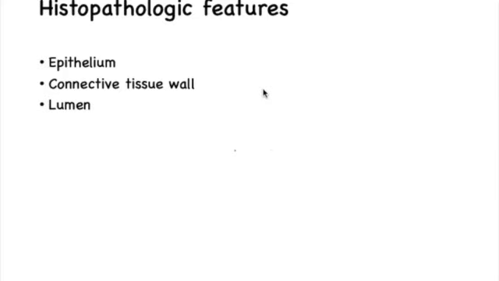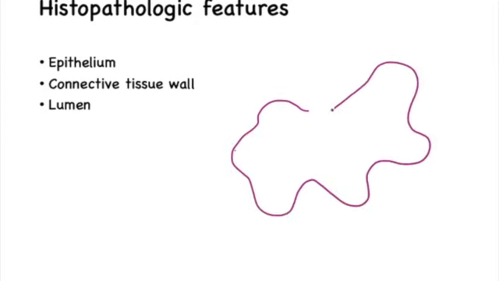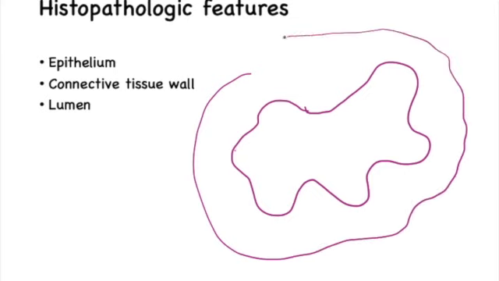OKC, just like any other cyst, has an epithelial lining, a connective tissue wall and a lumen. The odontogenic epithelium lines the lumen, around which you have the connective tissue component, which is a thin fibrous connective tissue wall. The epithelium is characteristically thrown into folds, because of which there is quite a bit of recurrence in OKC that we see.